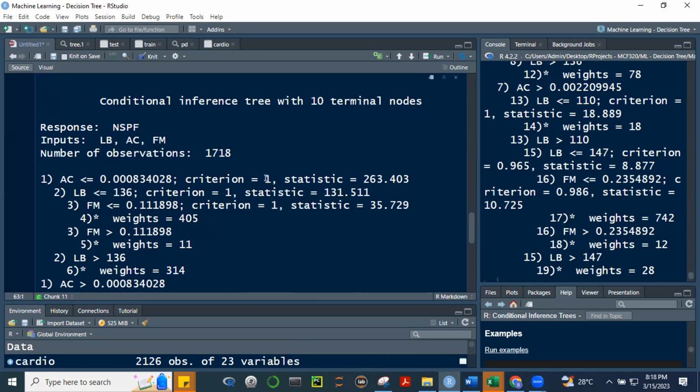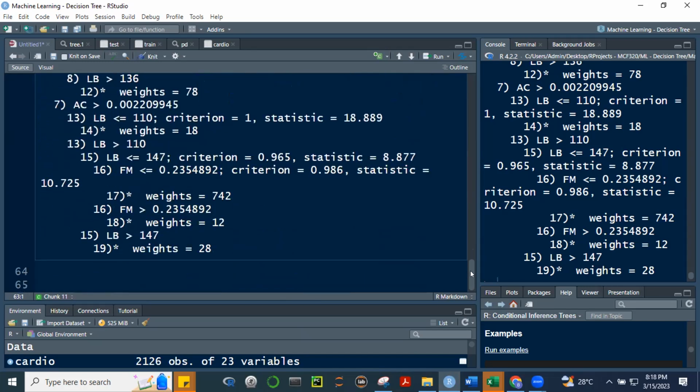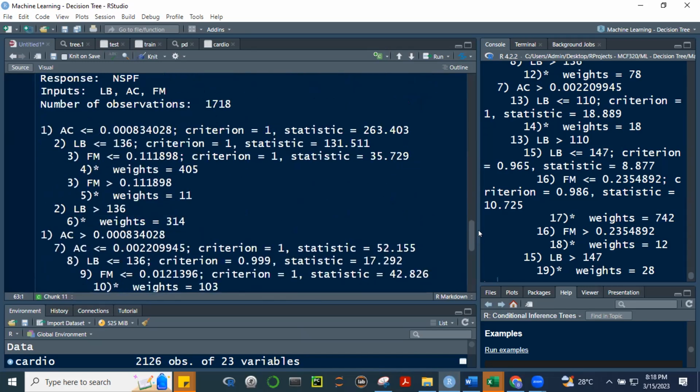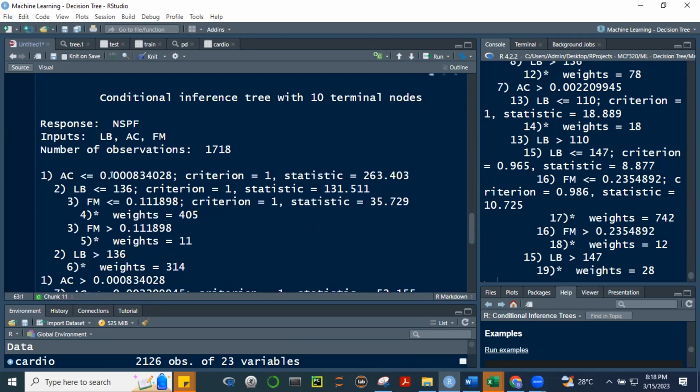Si normal to, di ba? So may decision kagad dito. If AC is less than 0.00834, then automatic, may output kagad. 1 siya. Ano yung 1? Normal, di ba? Normal siya. Otherwise, if it's not less than 0.00834, tingnan natin yung LB.